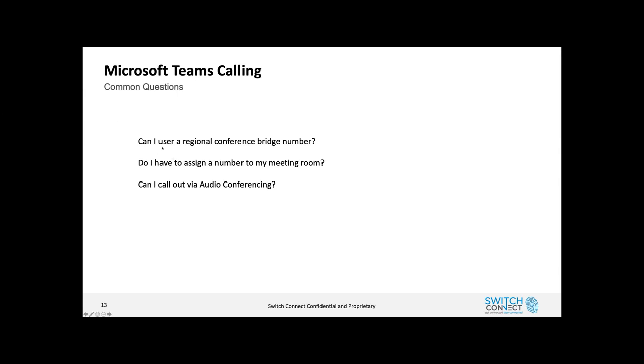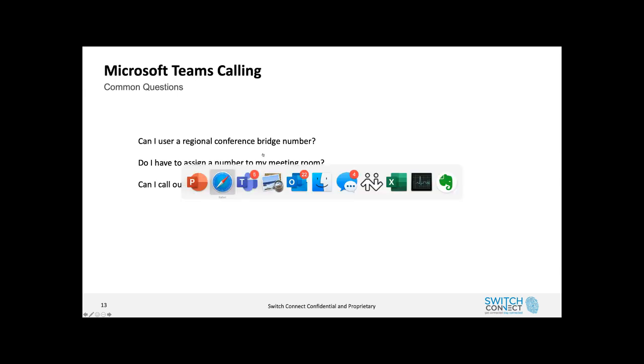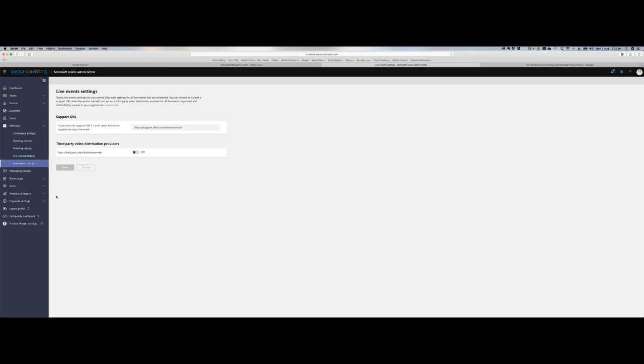Just want to cover off this one. We get asked this quite a lot. Can you have a regional based number on a conference bridge? The answer is yes. How you set it up is a little bit convoluted, but we'll quickly step through it. If you jump into your Teams admin portal and go back to the legacy portal,